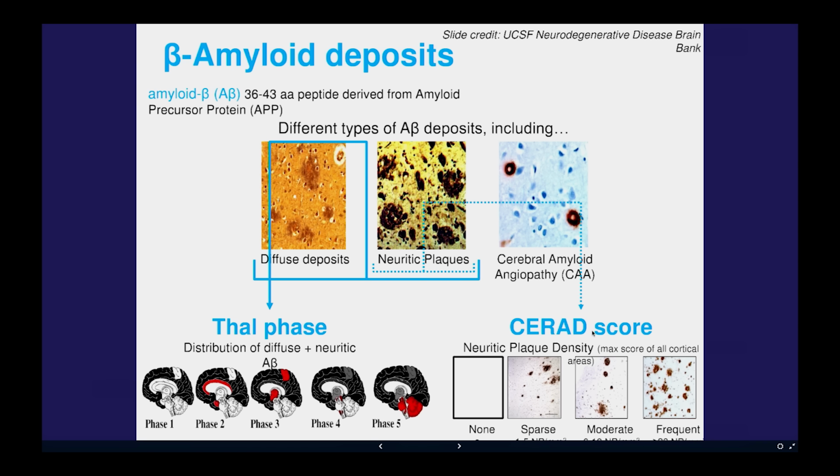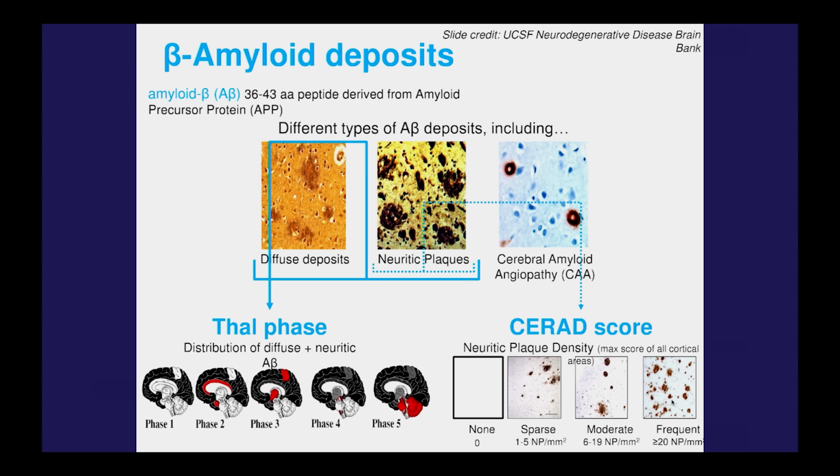are being found. This is another scheme by which we can quantify, and it's by looking just at the neuritic plaques and seeing how dense they are on any one microscope slice. So you can see, for example, here there's nothing, but also I think I'm cheating. This is just a blank square. This is not actually from a patient. But then this is when they are sparse. So you see a few of them, but they're not too many. This is moderate, where you see a little bit more, and this is frequent, where you see a lot more in a slide. And so these are two ways in which we quantify the amyloid presence in the brain.